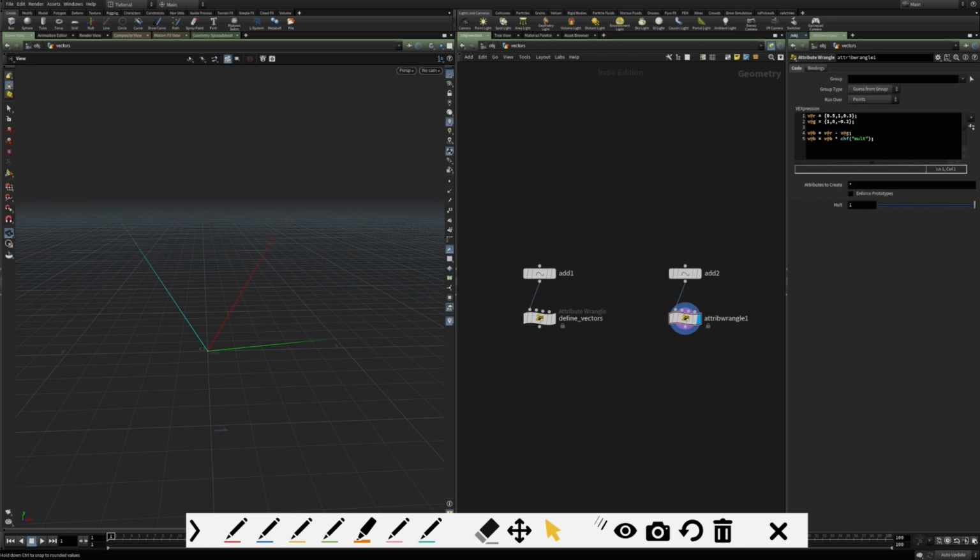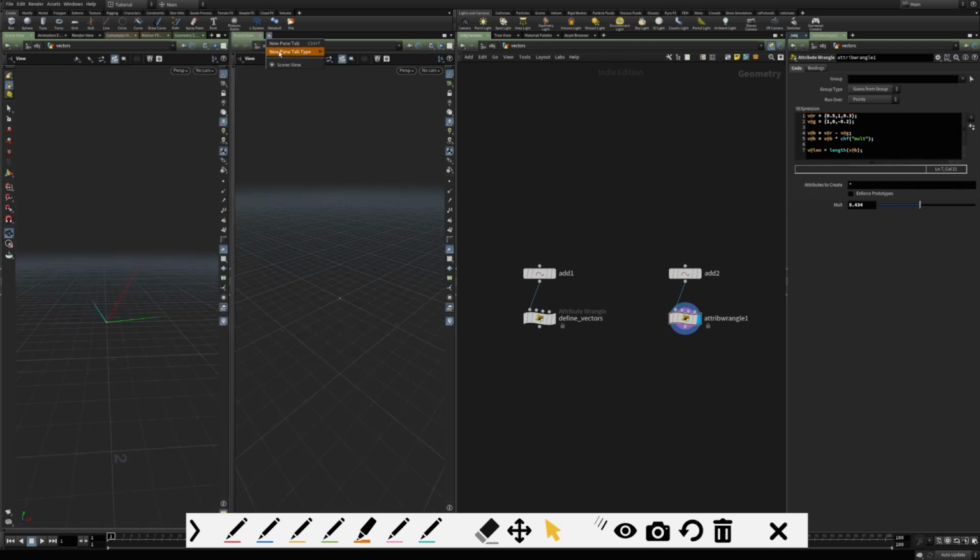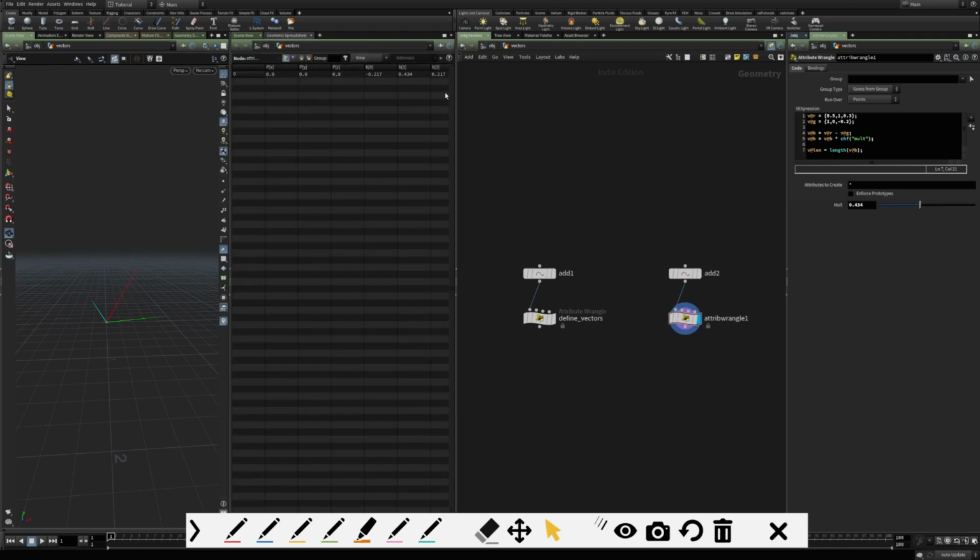Like this, we see we change the length of the vector, and we can retrieve the length of the vector. So let's store this in variable L or len by using the length function, which calculates the length of the vector. And I show here the geometry spreadsheet,